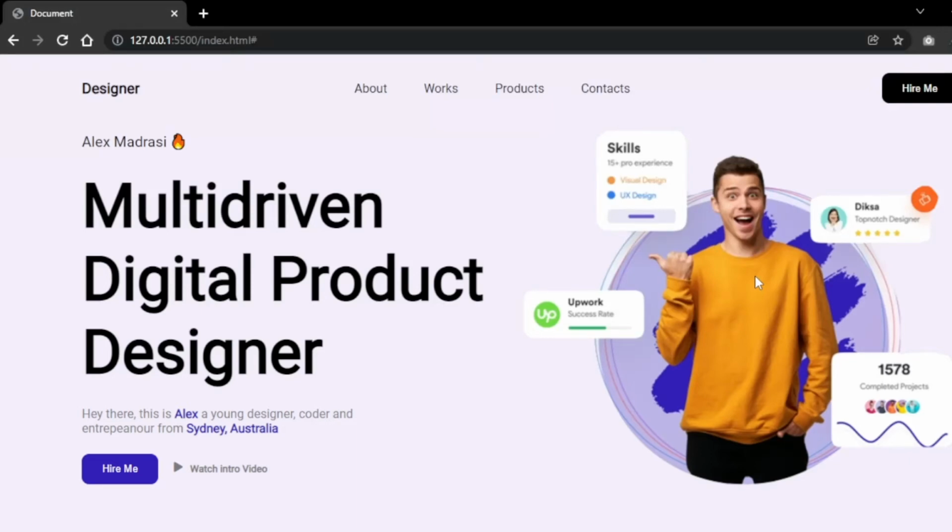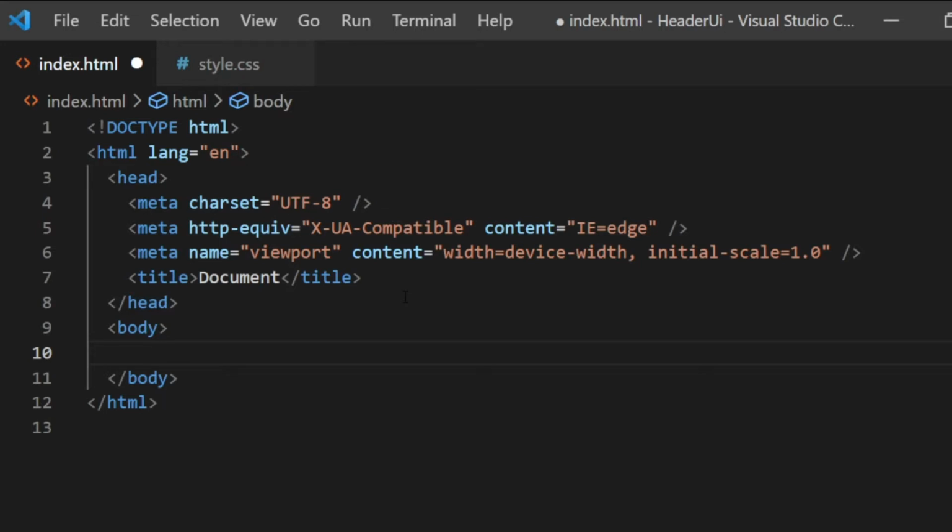In this video I will show you how to create a fully responsive website using modern CSS. So this is the website that we are actually going to build. Before starting to develop your website, you need to have two things ready: one is our primary and secondary color codes, and another one is the font which we are going to use